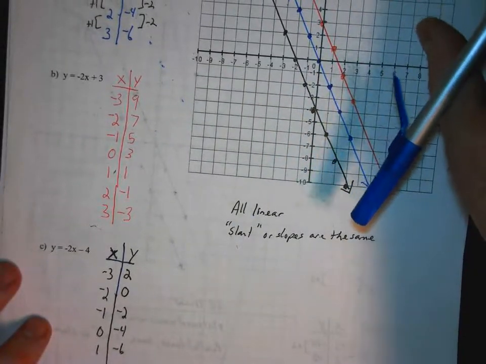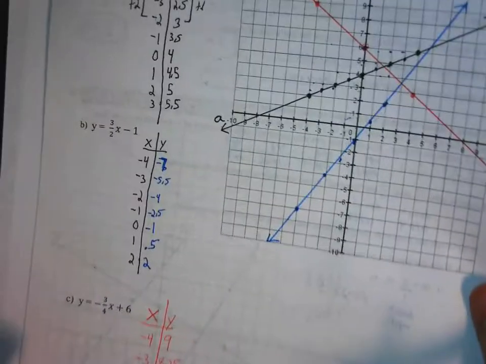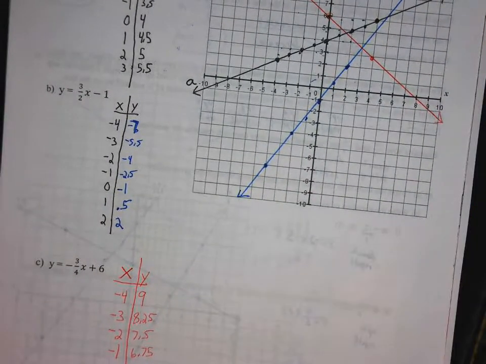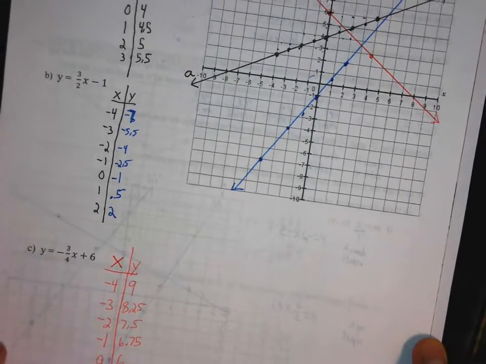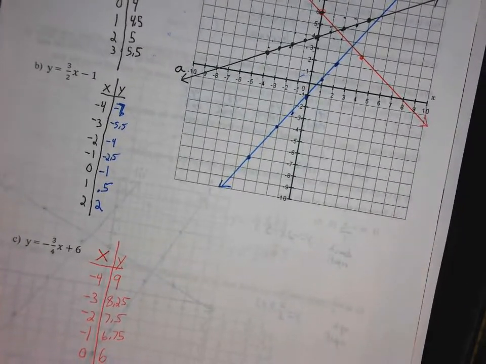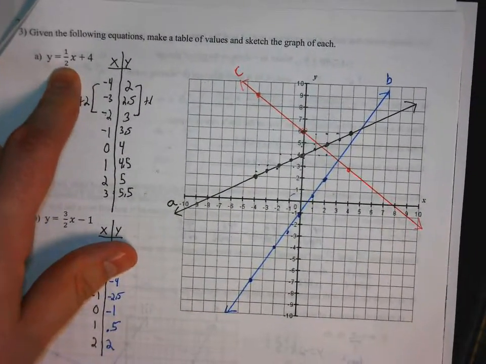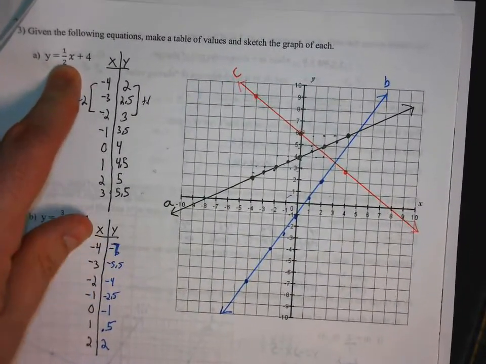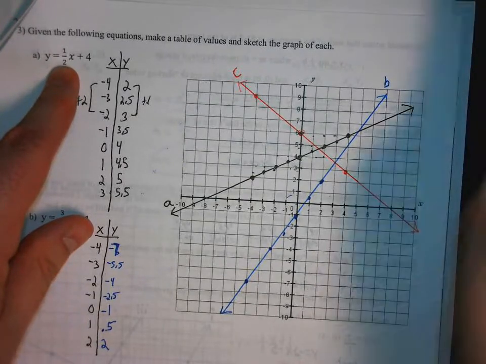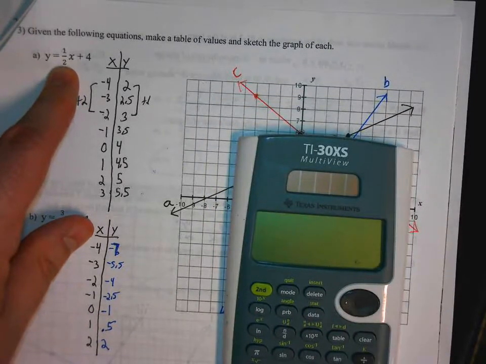Okay, moving along to the next ones. Here we're looking at graphing lines that don't have quite as nice slants to them. y equals 1/2 x plus 4. So now if we go to y equals 1/2 x plus 4, if I put that in the calculator,